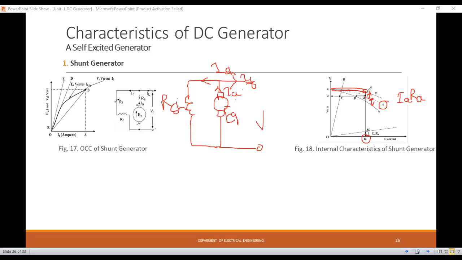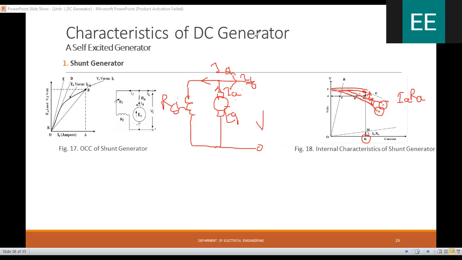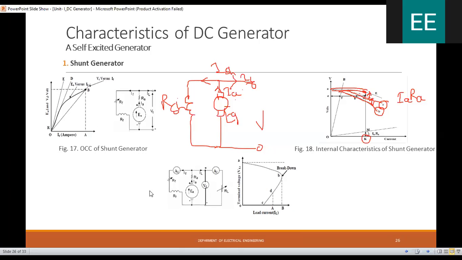First one is the curve at no load condition. Again, when armature reaction drop is taken into account, this curve shows C. Again, the induced EMF at some load condition, and when the armature voltage drop is taken into account, at that situation this curve will be obtained, that is B curve. B curve obtained होते for DC shunt generator. This is for the DC shunt generator. DC shunt generator characteristics is the internal and total characteristics of DC shunt generator.